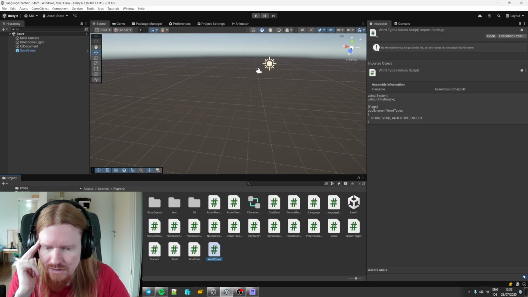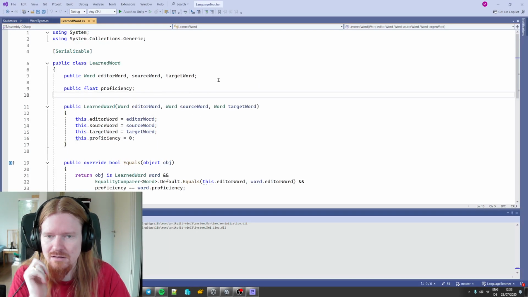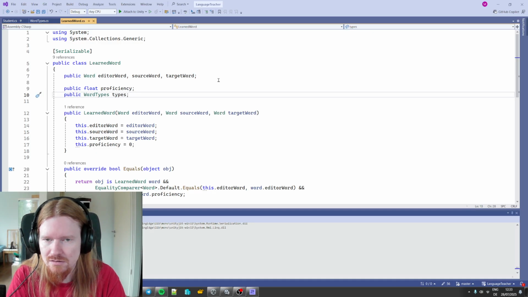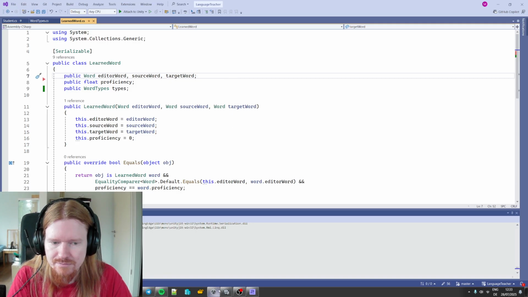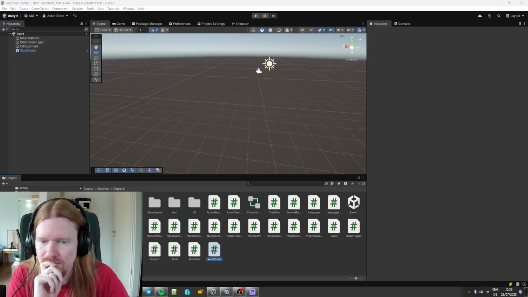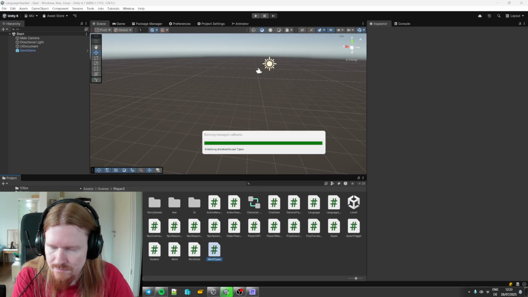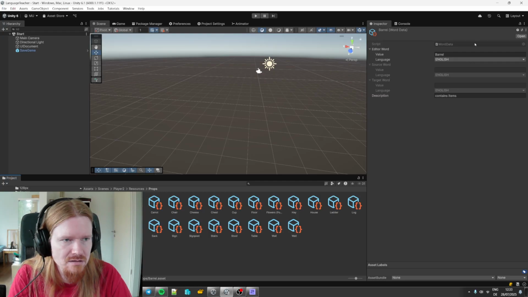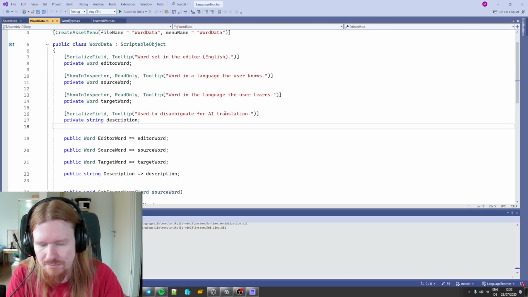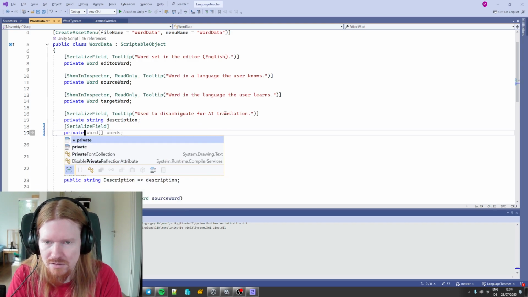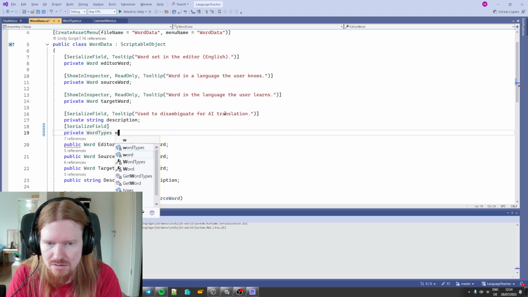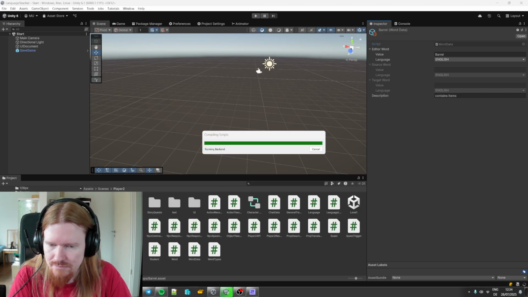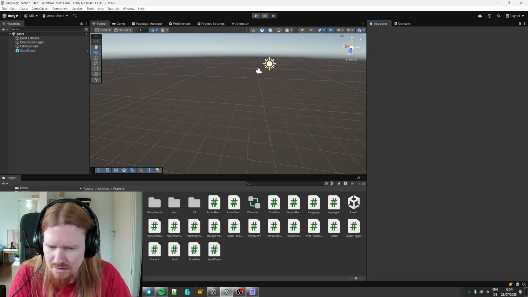And here we say public word types. And here in word data we also have CMS field, private word types,